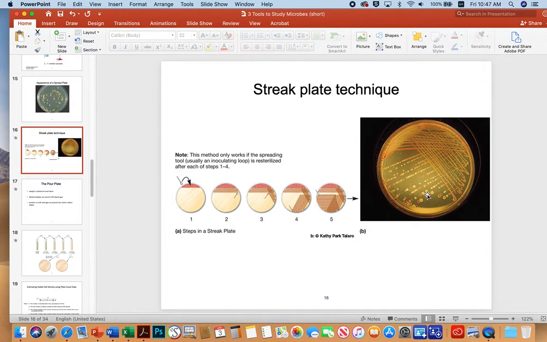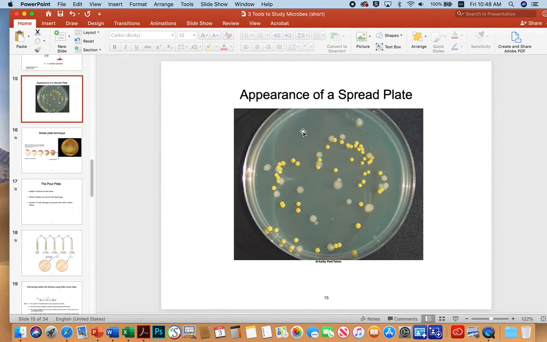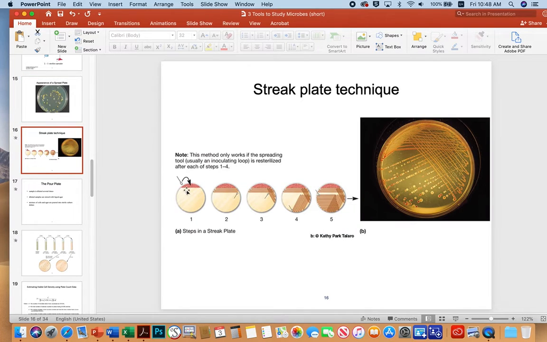You can quantify individual isolated cells, but you can't quantify the amount or the concentration of microbes in the original sample, because obviously all this is smear. Unlike this, where you could quantify these colonies and then backtrack to the original tube, and I'll go over that in a minute. But anyway, the streak plate technique usually involves dipping your loop, a sterilized loop, into a culture,